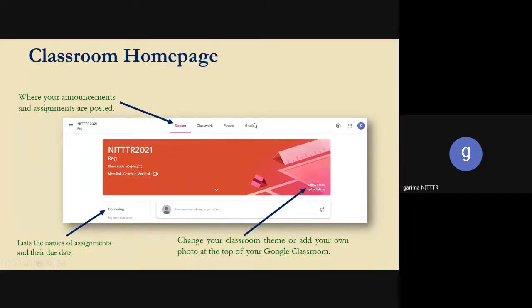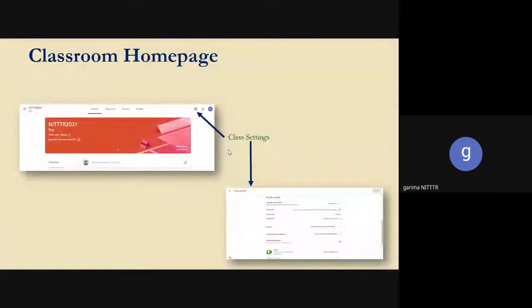So the next thing is class settings. This is one of the major things you have to do, because when you click on this sign, you will go into the class settings, and there you will get the information related to your class course, your stream, the Google link, and all related things. For some of the settings during grades, we need to go to class settings again. By default, there are some settings which are required at the time of creation of the Google Classroom homepage.